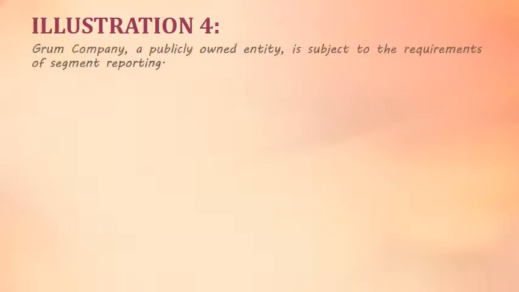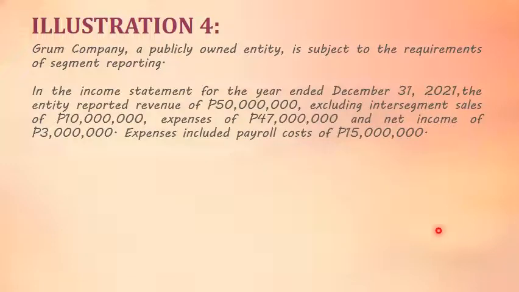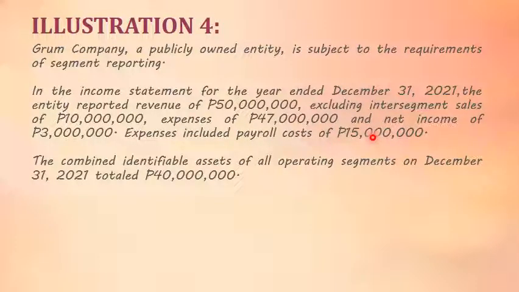Illustration number 4. Gram Company, a publicly owned entity, is subject to the requirements of segment reporting. In the income statement for the year ended December 31, 2021, the entity reported revenue of 50 million, excluding intersegment sales of 10 million, expenses of 47 million, and net income of 3 million. Okay. So, expenses included payroll cost of 15 million. Daming sinabi, di ba? So, the combined identifiable assets of all operating segments on December 31, 2021 totaled 40 million